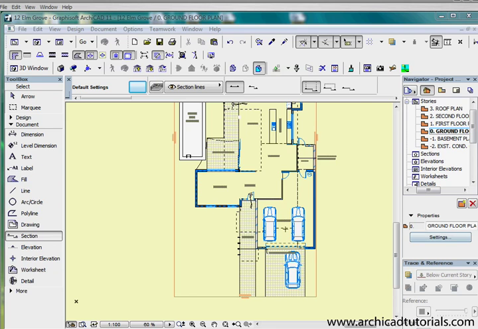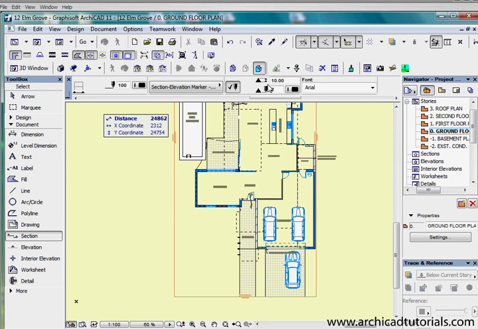One of the improvements in version 11 was that the section tool and elevation tool were separated. As well, we were given a new interior elevation tool that works from the live 3D model. So if I just use the section tool at the moment, if I left mouse click on that, we can see up in the default settings we have all our parameters that we can use there, but once again